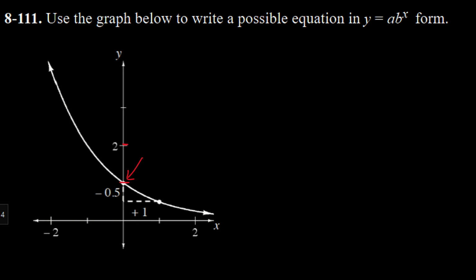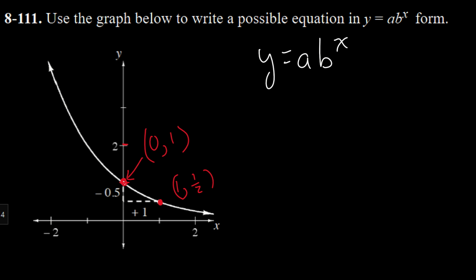So I have this point when x is 0, y is equal to 1, right? That's this point, 0, 1. And then I also have this point when x is 1, right? It looks like when x is 1, y is at just 1/2. So these are my 2 points. So if I was to start with y equals a times b to the x power and write 2 equations,